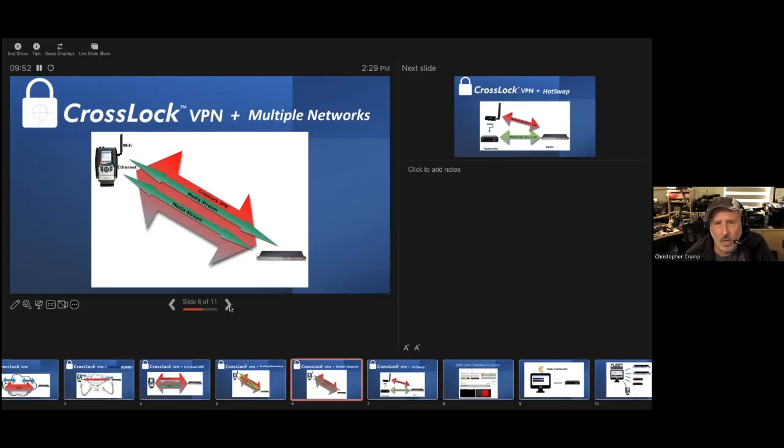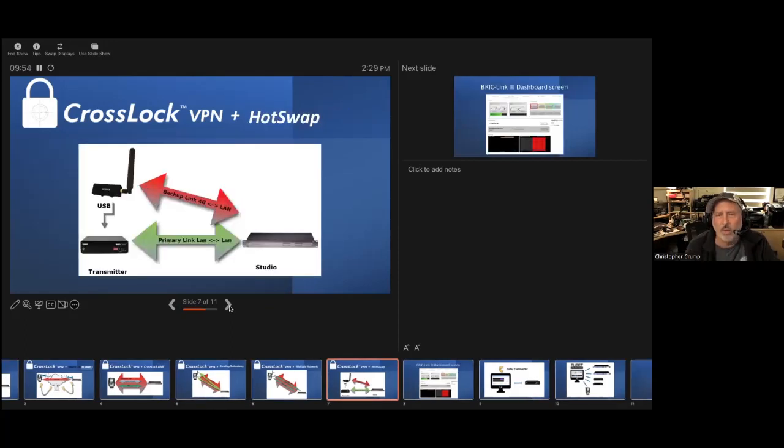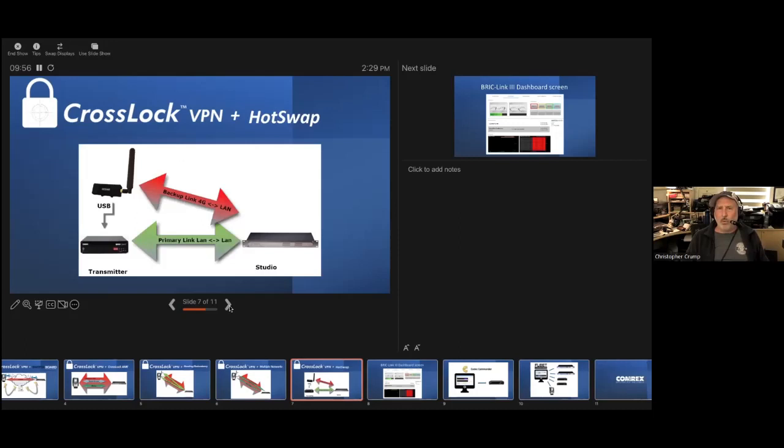One of the other things that we developed, mainly because a lot of people decided that BRICKlink was a really good primary STL. Even if you have a wired network or even 2 wired networks, it does happen. Charles Kinney here in Atlanta had somebody digging up around his transmitter, and they ripped through all of his fiber and took him off the air